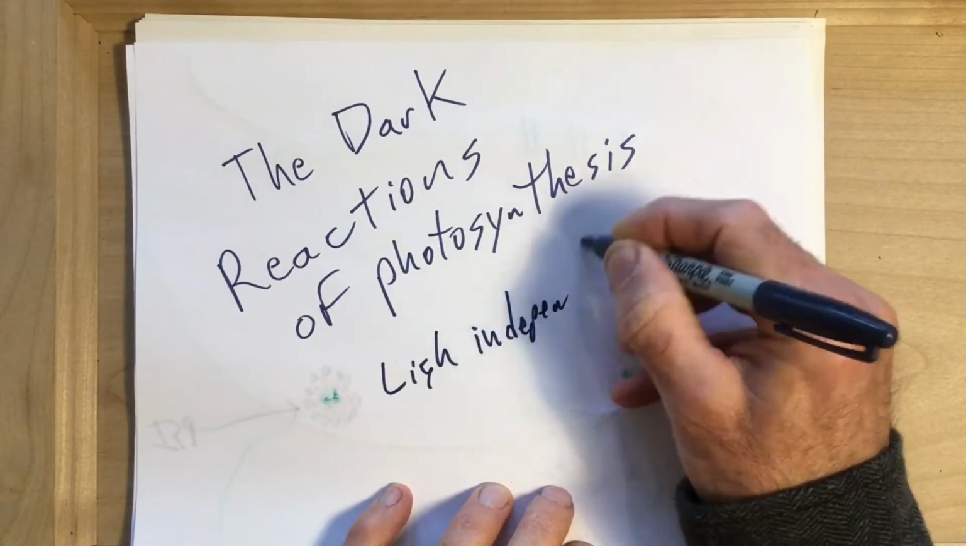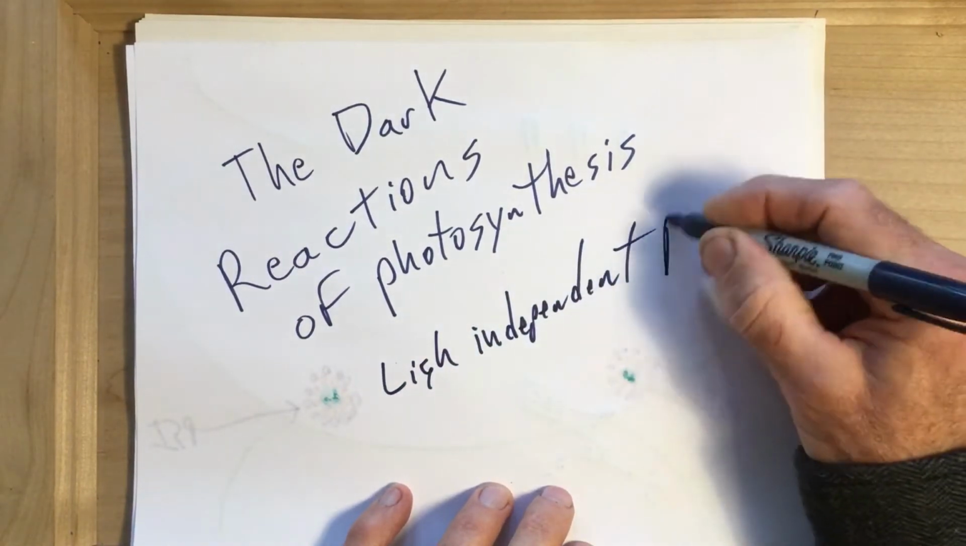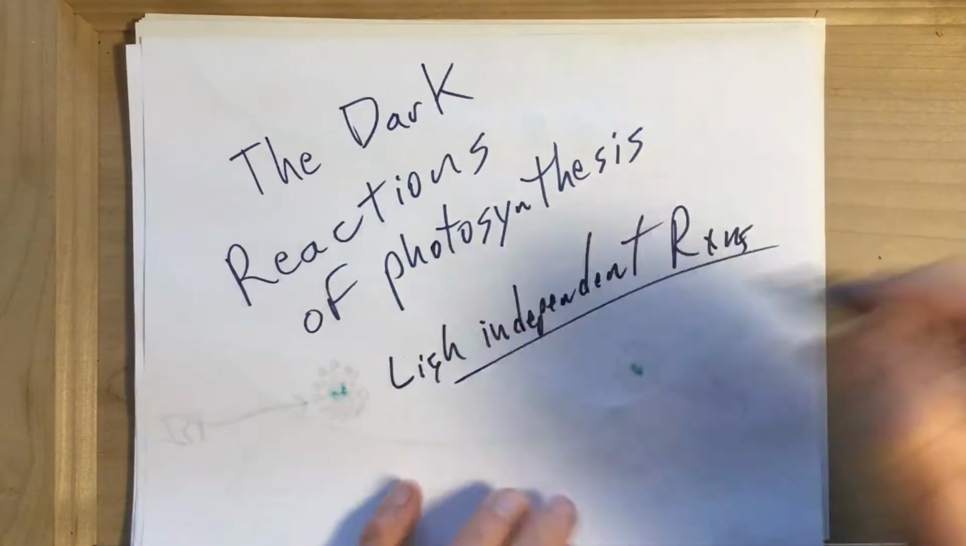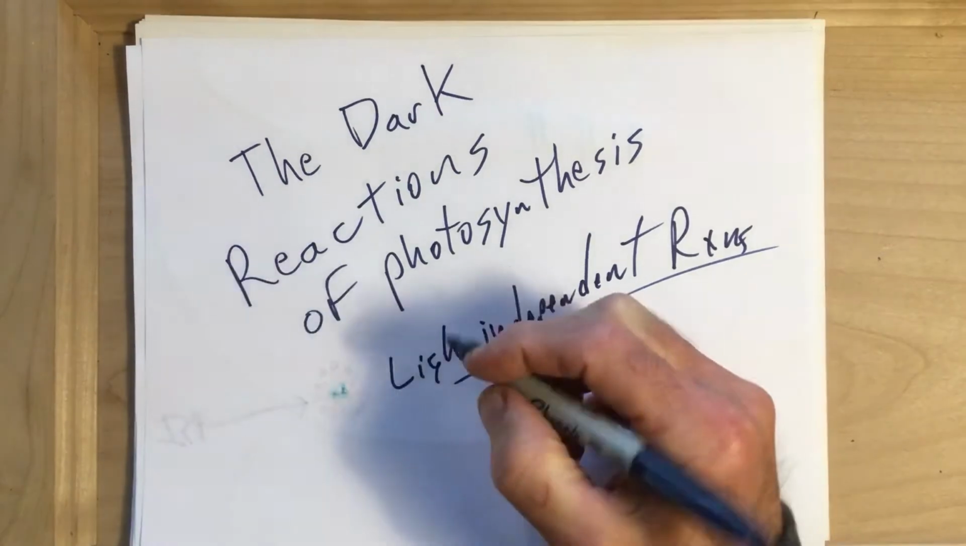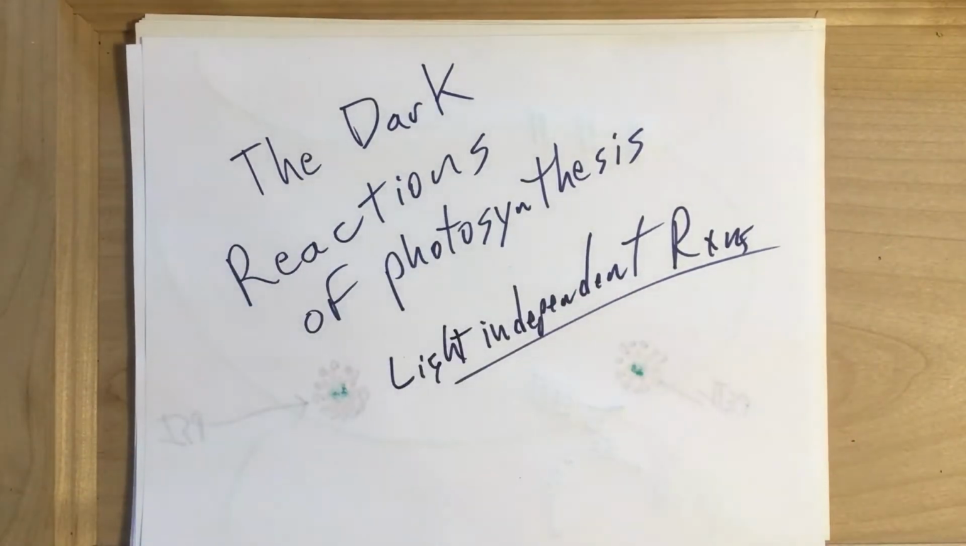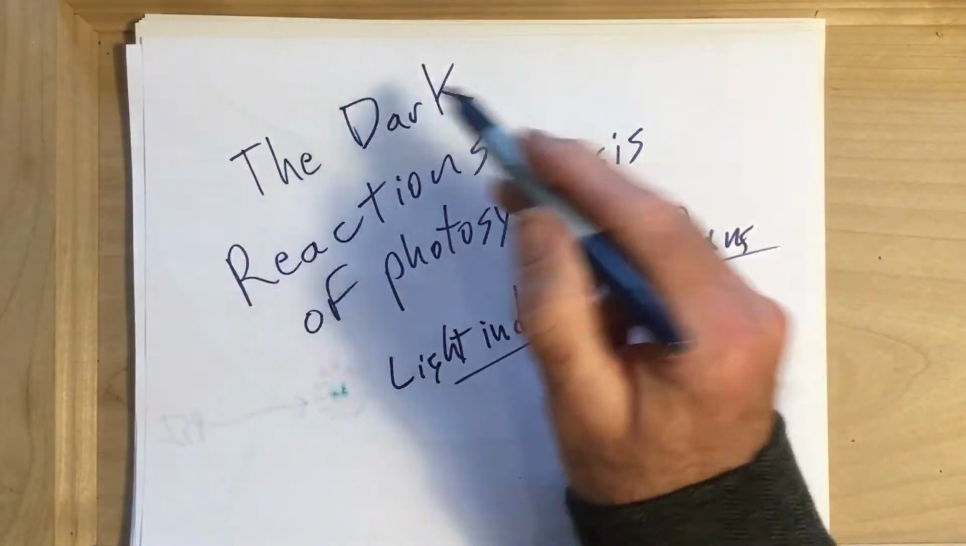independent reactions. This is because they don't directly need light, I suppose. There is no light involved directly in these chemical reactions, but they can't function without light because the dark reactions actually need all of the products that come from the light